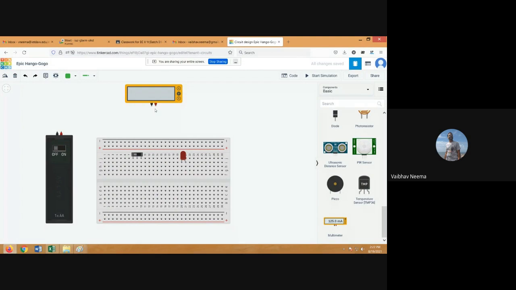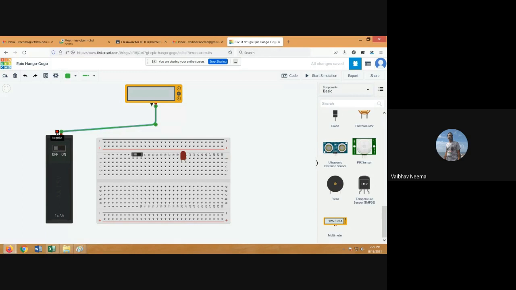First we'll see an example of how to use the multimeter. This is the positive terminal of the multimeter. You click on it, the green wire comes up, and you terminate it at the positive terminal of the battery.